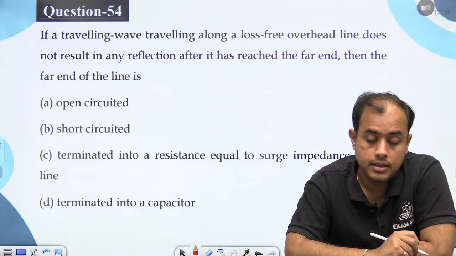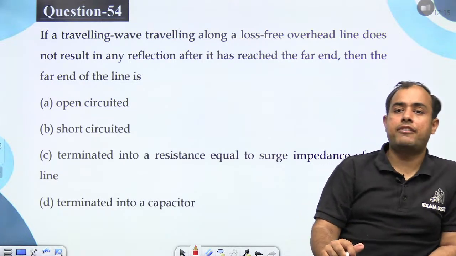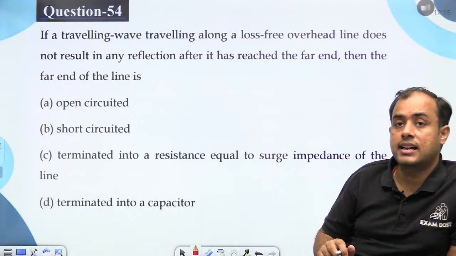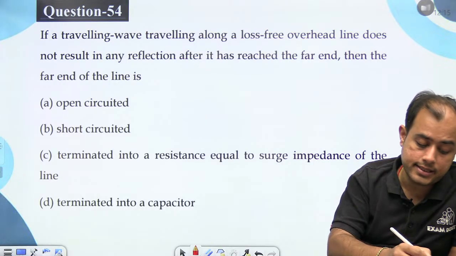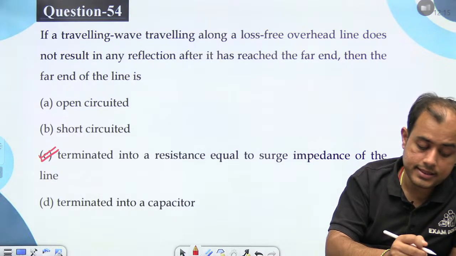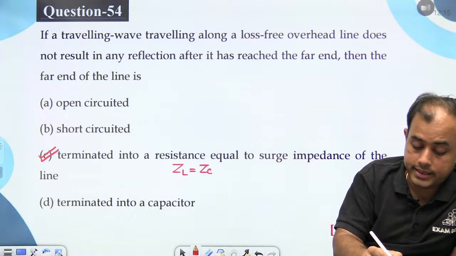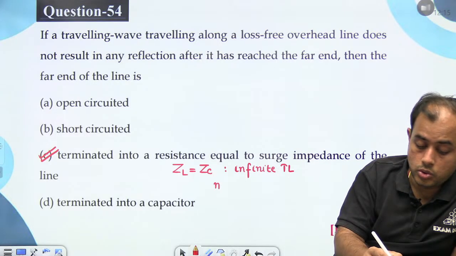Okay. Now coming to the surges. If a traveling wave traveling along a lossless overhead line does not result in any reflection, then the far end of the line is terminated by surge impedance. When ZL equals ZC, it is called an infinite transmission line. There is no reflection